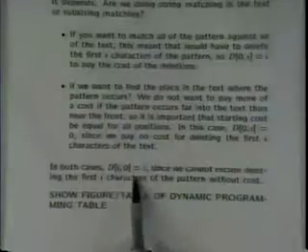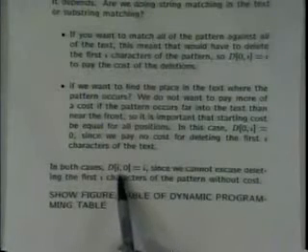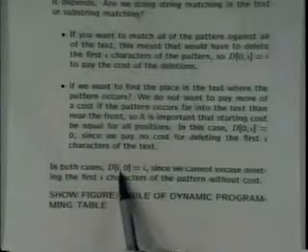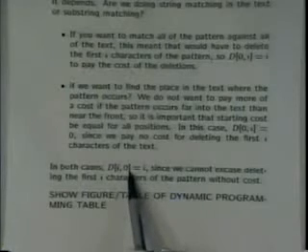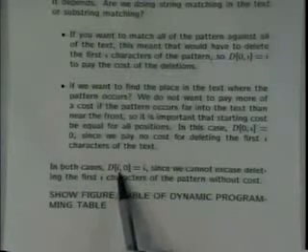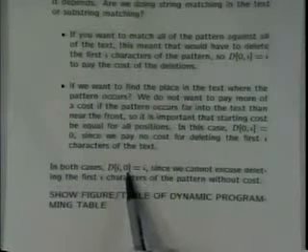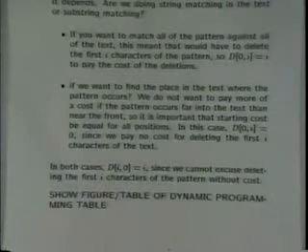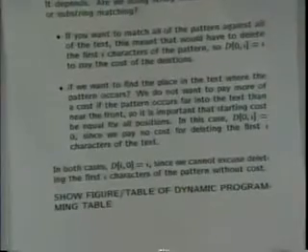Substring matching is useful in a lot of other applications. The other point here is to see what the cost of editing the first i characters of the pattern you want to match against nothing of the text is. Well, if you really want to match a pattern to the text, you can't say, delete everything, and that counts as a perfect match. So you do, in fact, pay a cost of i when you do that. Any questions?